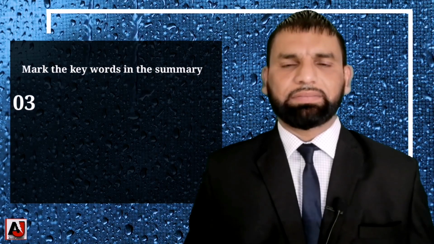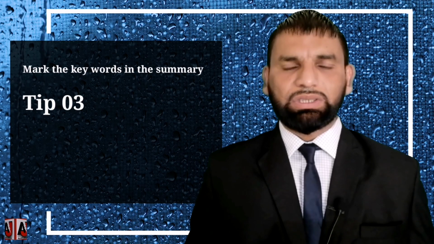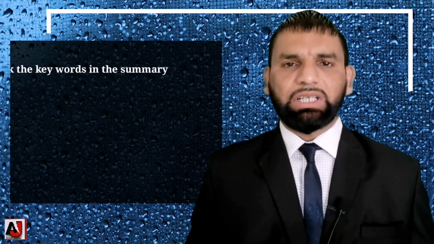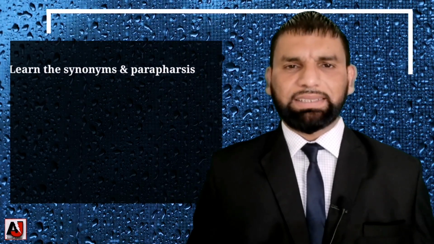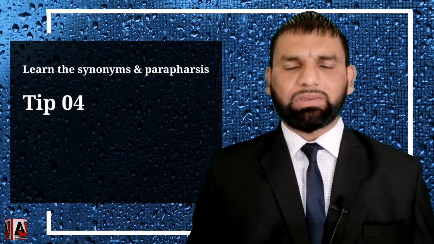Tip number 3, mark the keywords in the summary and try to find the similar meaning words of those keywords in the reading passage. In this way, you will be able to solve the summary questions very easily. Tip number 4, learn the synonyms and paraphrases. If you have a good grip on synonyms and paraphrases, you will be able to get a good band score in